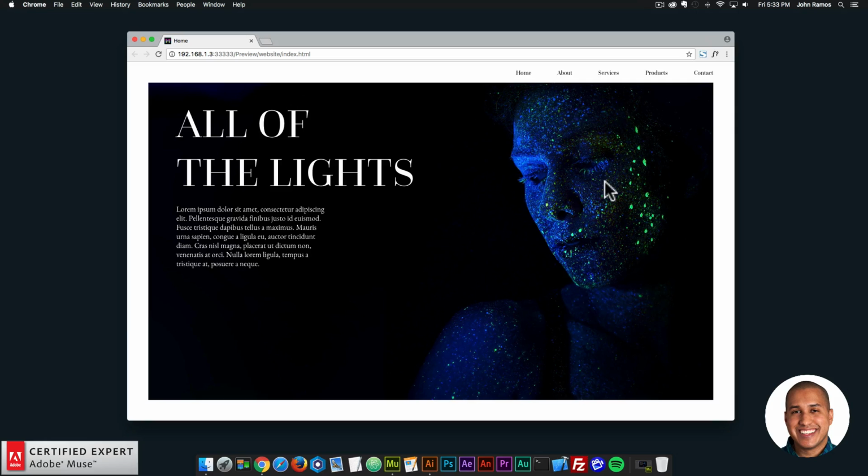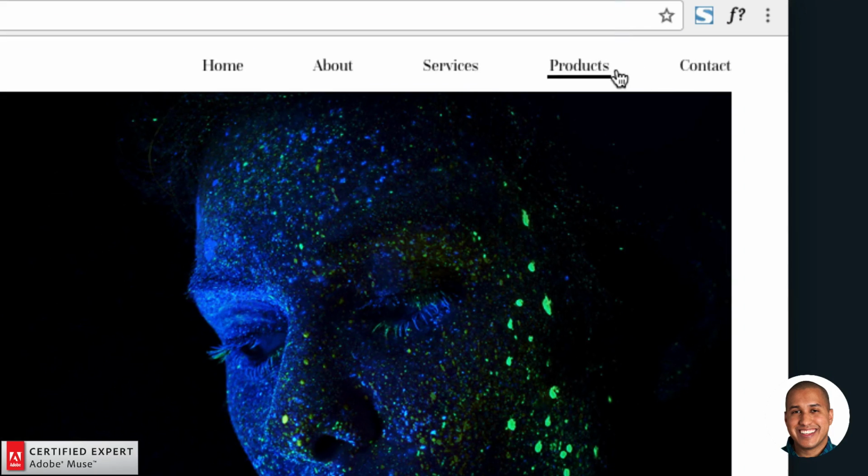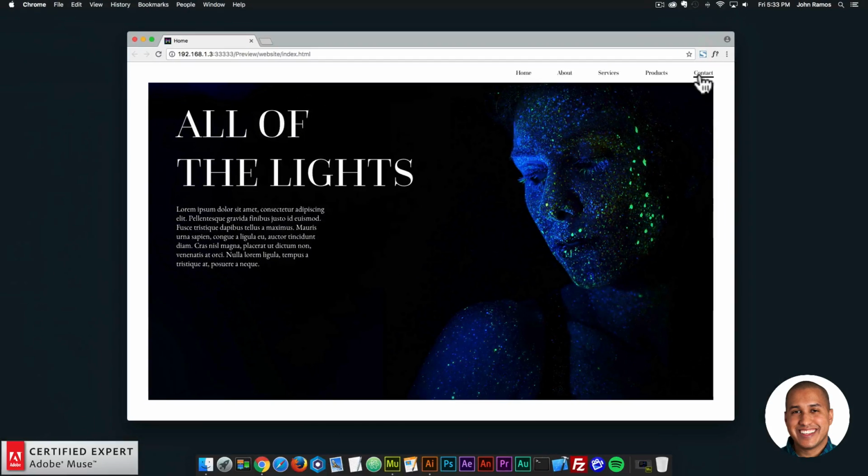So here I have a sample website, and when I hover over the menu items, we can see that underline under the menu items. And if I zoom in, we can see it a bit better. So you hover and you have those different menu items and the underline there. So I'll go ahead and jump in how to create this in Adobe Muse, or how to create a menu